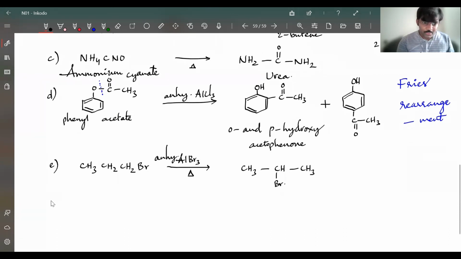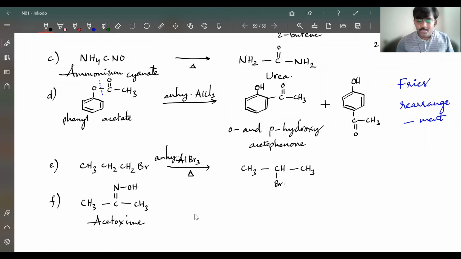One more important example I'll give you for rearrangement. Suppose I have this compound, C double bond OH, and here one more methyl group. This particular compound we call acetoxime. When it is heated with PCl5, or when it is reacting with PCl5, it will convert into